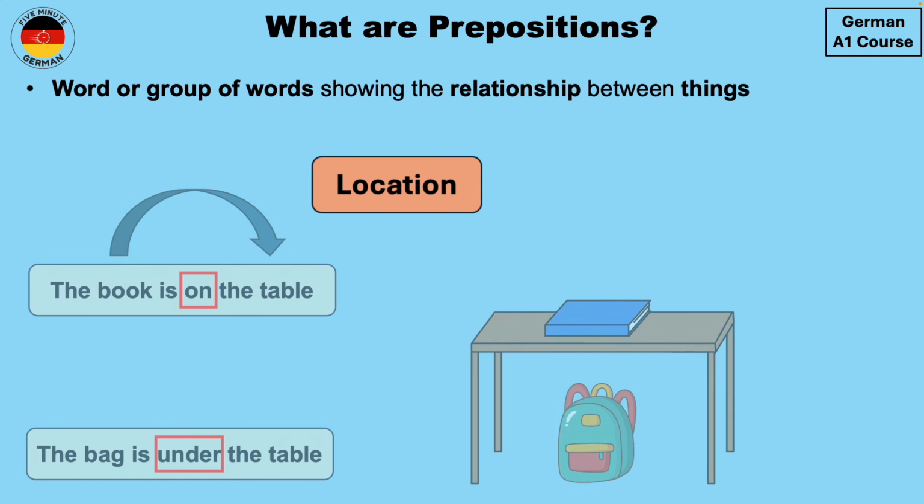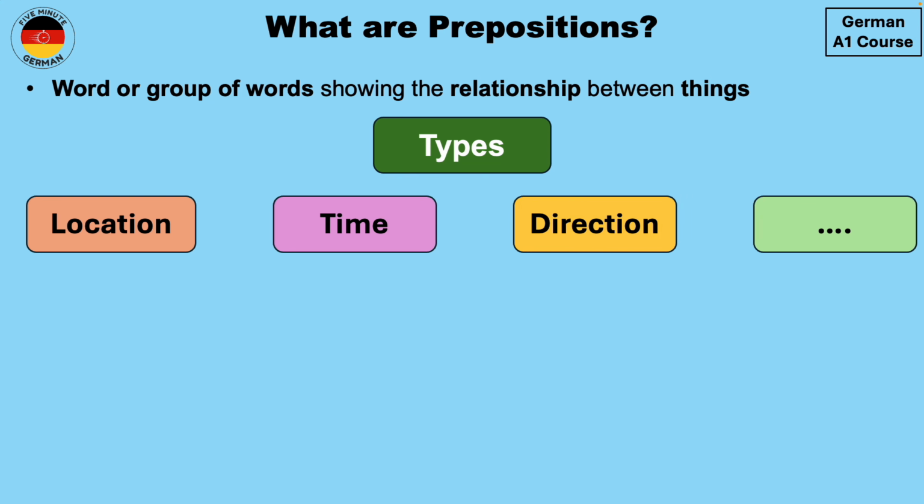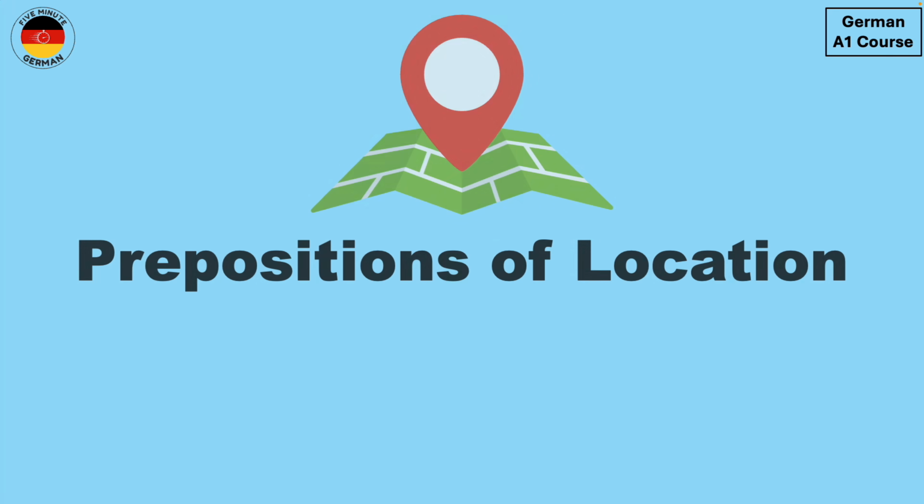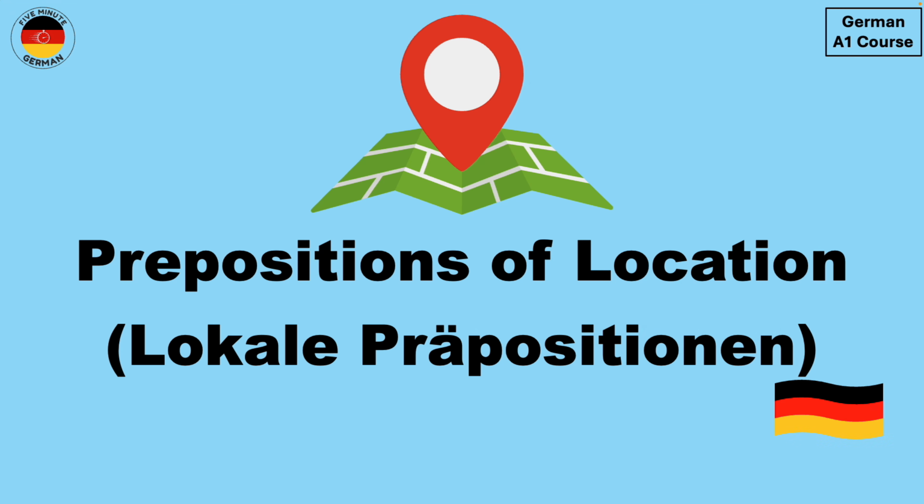There are other types of prepositions as well. For example, prepositions of time, prepositions of direction, and so on. However, in German A1, the prepositions for location, time, and direction are important. We already saw the prepositions of time. I will link the video in the description below if you have not yet seen it, and you can go and check it out. So in this lesson, we will take a look at the prepositions of location, or Lokale